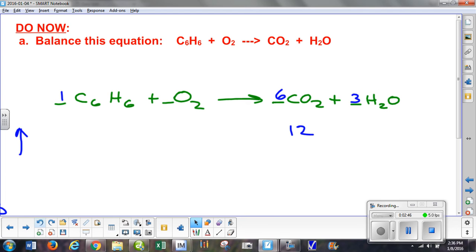So now I'm going to figure out how many oxygens I have. I look first of all here, and I see I have a subscript of 2 times 6 to give me 12. On the oxygen here, I have 3 times 1 to give me a total of 3, and when I add them up, I have 15. You cannot take 15 and make that balance with a 2,